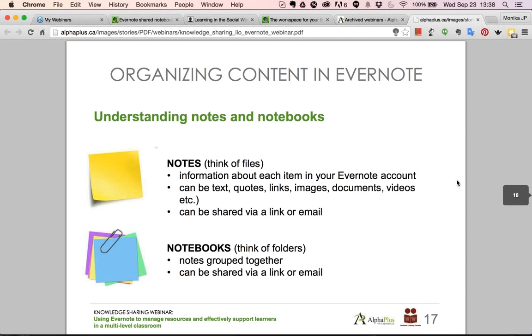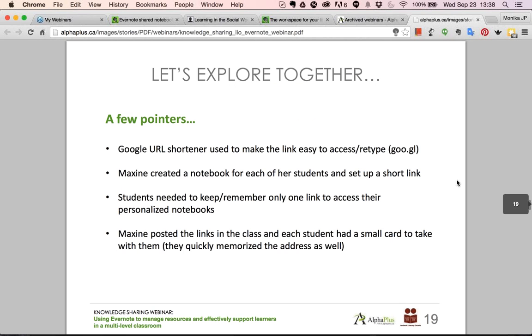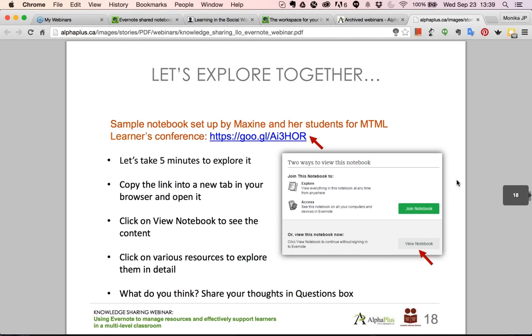Here we go. So we explored the link. And what I just wanted to tell you a bit more about are a few pointers. There's two things. When we shared the link with the learners, the link itself can be very long. So we didn't want that for the learners because it could be overwhelming. So we used a tool called Google URL Shortener, which is goo.gl, and that will give us a very short